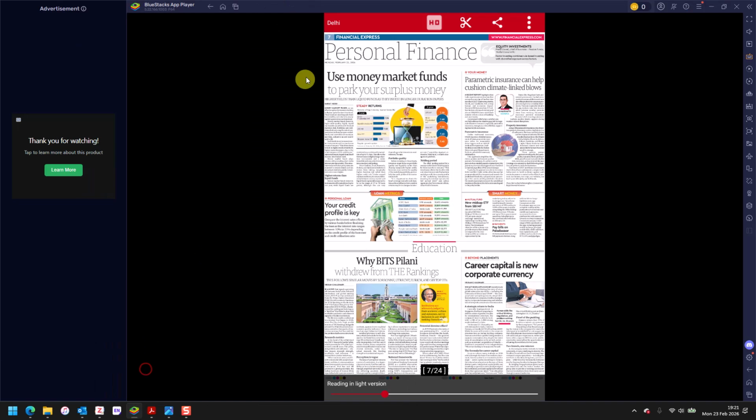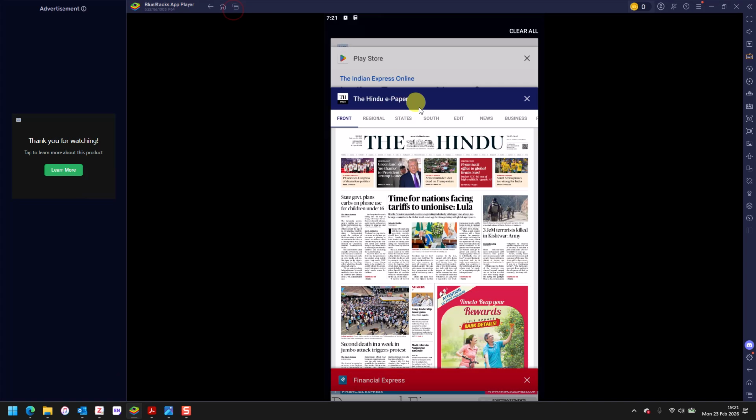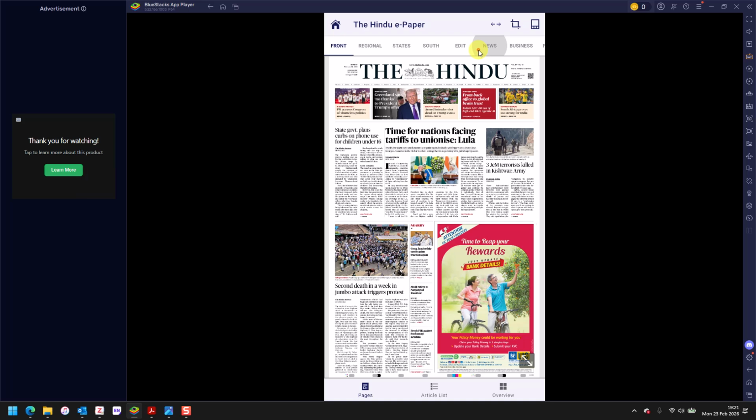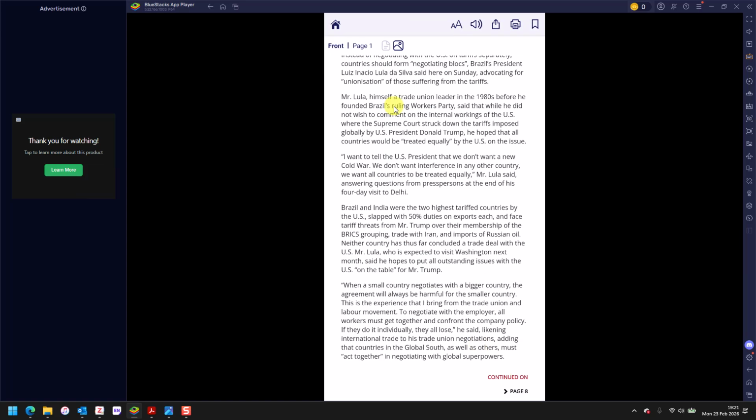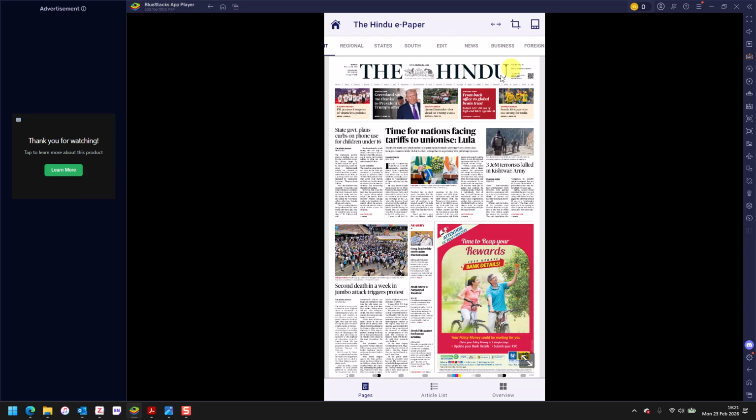Even the Hindu doesn't have that. The Hindu also sucks at navigation. It at least tells me the description of the page, but it doesn't tell me the page number, and it makes no sense if you're referencing pages by the page number, right? So just write pages here. Anyway,